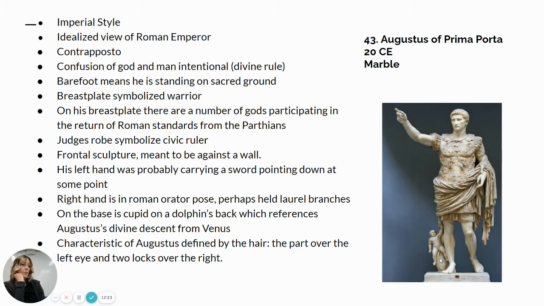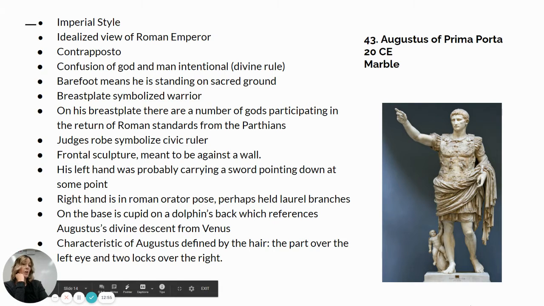So back to that thought that our leaders were very godlike, whether that be like the Egyptians believed that they were actual descendants, bloodlines of gods, or if it's more of a symbolic understanding that our leaders are at that same importance and elevation as our gods. So that's really what